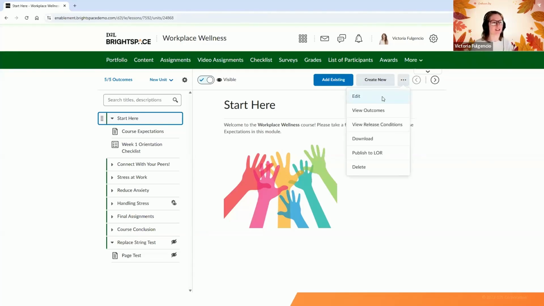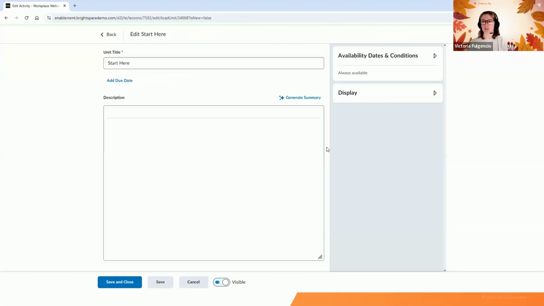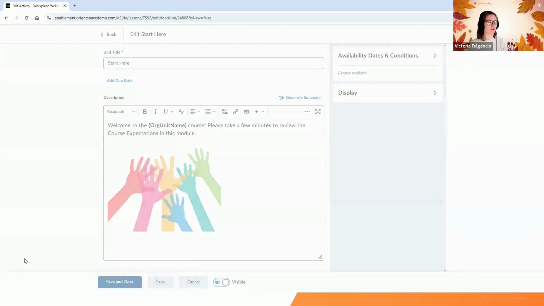So what I'm going to do is edit this page here. If I wanted this introductory module to be templatized for any of our courses, whether it be onboarding or compliance courses, what I can do is change this workplace wellness wording here to the org unit name. So I can just paste that there. I'm going to make this bold just because I do like how that stands out there. This is the only thing I've changed. When I press save and close, you'll actually see